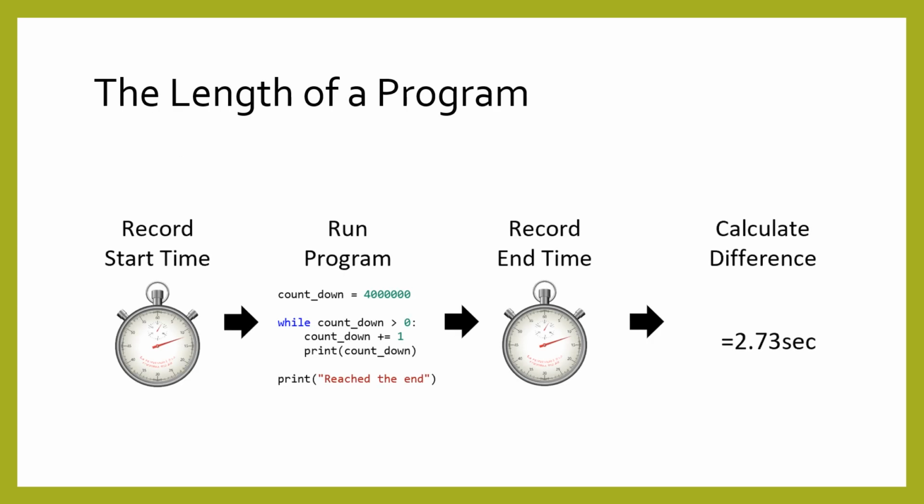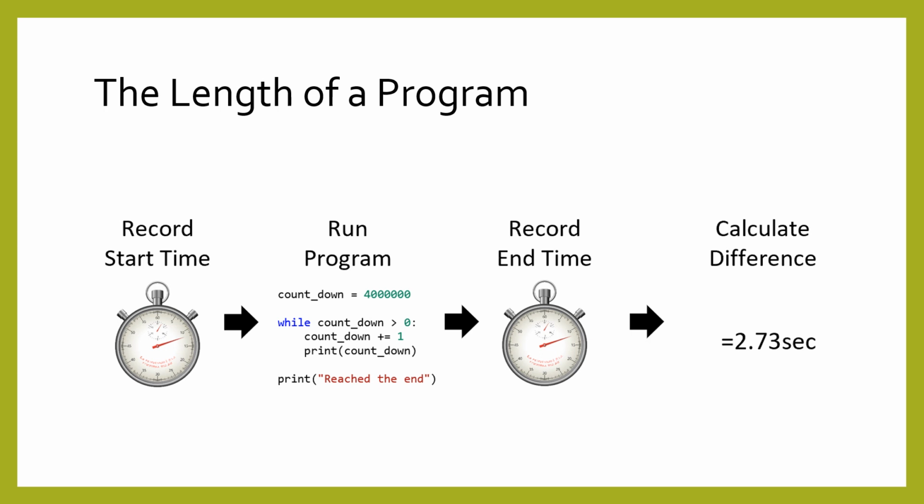There are several obvious ways to measure the length of a program. An incorrect way would be to measure the number of lines of code. With while and for loops, we have seen how even just a few lines of code can do an awful lot of work. Relying on the number of lines of code as a measure of the length of a program